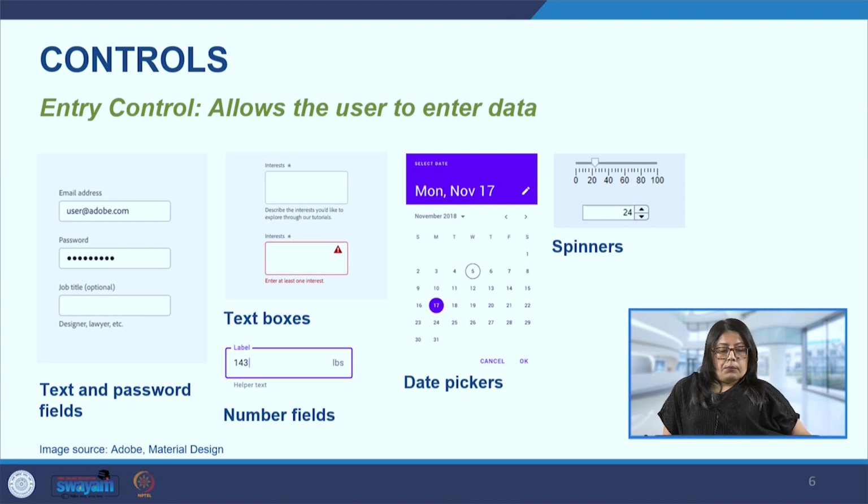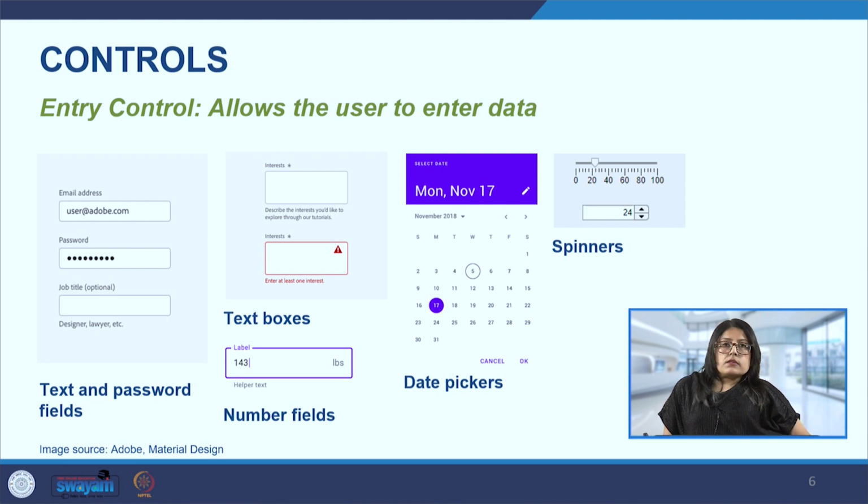The next is a number field, which is a specialized field because it only allows the user to enter numbers, and numerics are only to be entered here. It will show an error if one adds alphabets. When we are purchasing something online, for example, there is an option to select the number of those products. When we are placing an order for burgers, we can always change the number. We can increase it to 2 or 3, or bring it down to 1 or 0.